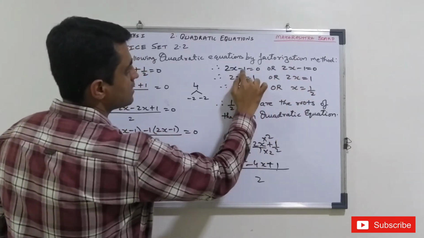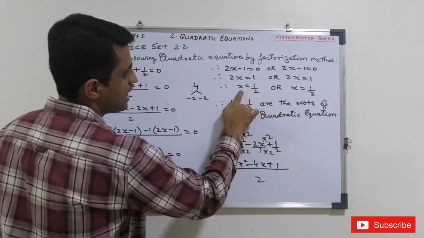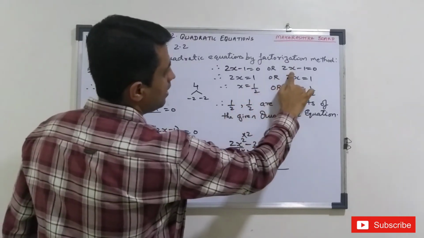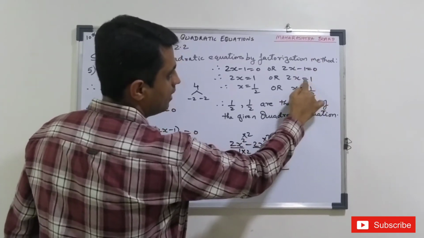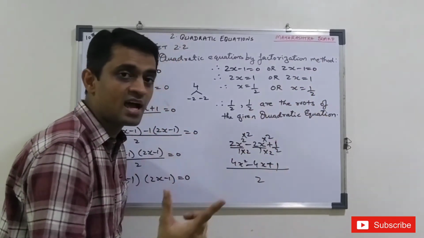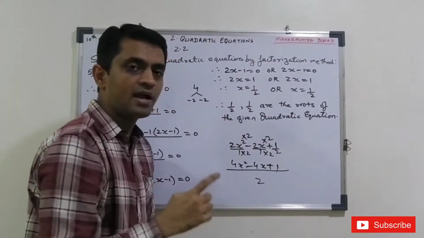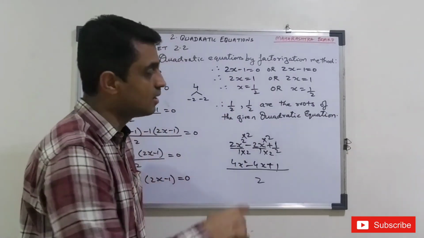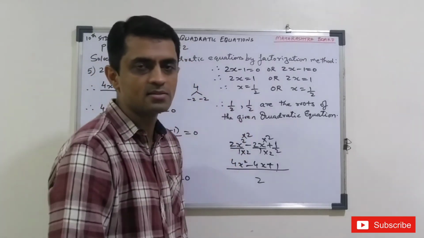So we get 2x is equal to minus 1 shifted here become 1. 2 comes down. So x is equal to half. Similarly here, 2x minus 1 is equal to 0. Minus 1 shifted here become 1. So x is equal to half. First time the roots are coming same. Yes. Don't think that you write only one time. No. For the board exam write 2 times. If the roots are coming same then also you write it for getting marks.